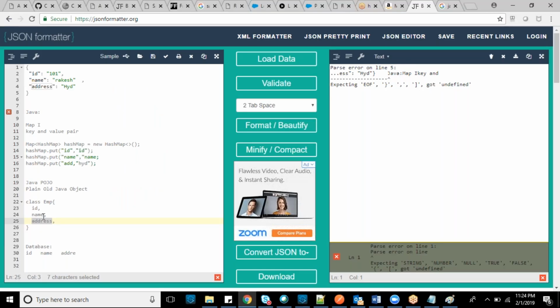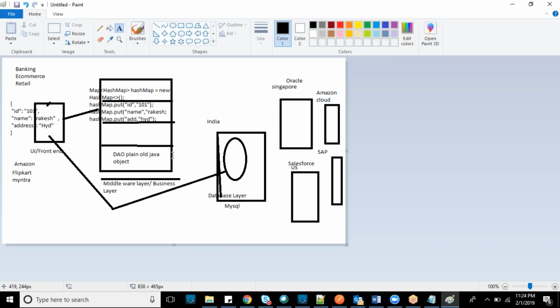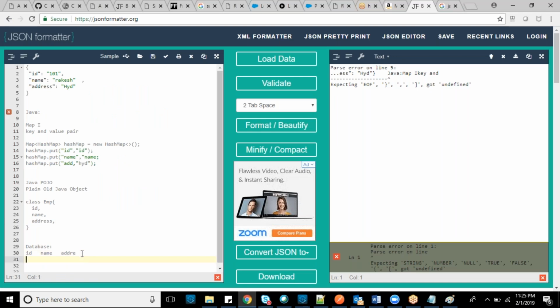This will be capable of communicating with our database, so there will be connectivity to the database. In this way, feeding into the database will happen. After feeding into the database, it will look like this in the database: ID, name, address. Correct? Yeah, correct.